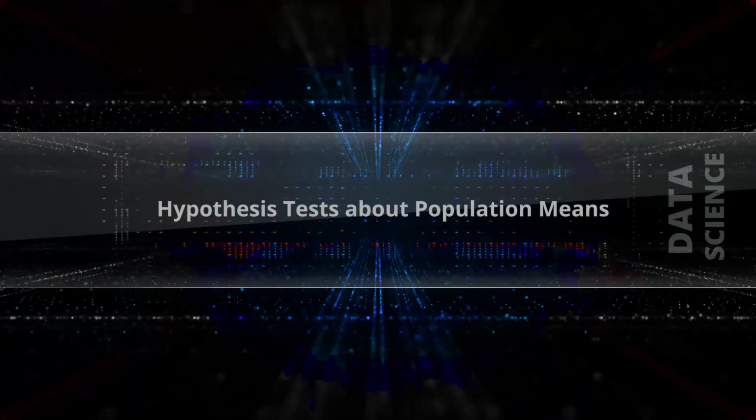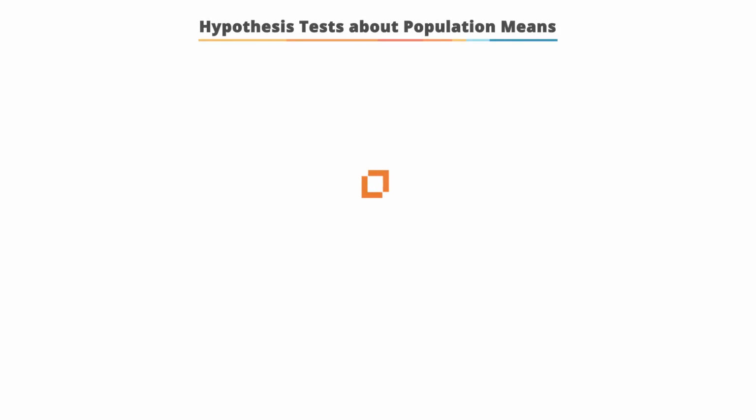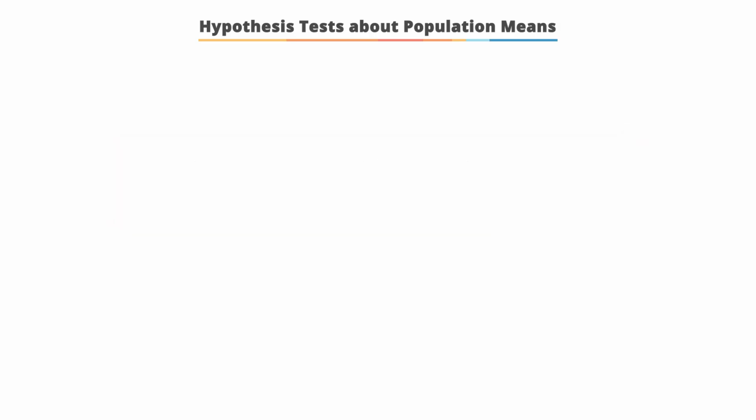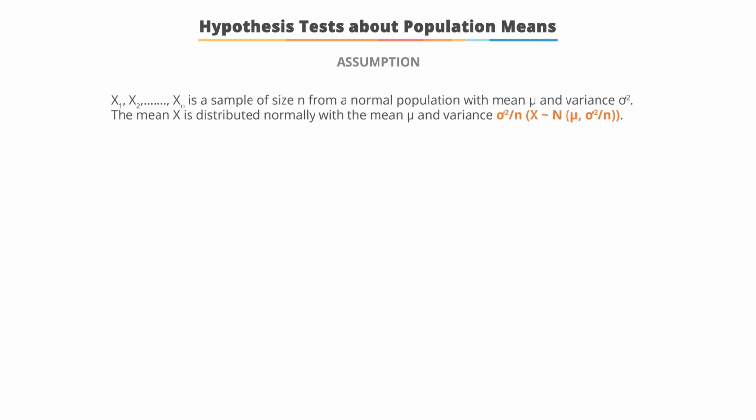Hypothesis test about population means. So hypothesis tests about population means involve testing the hypothesis that compares the population mean of interest with a specified value. So the assumptions we make are that for all cases x1 through xn in sample size n, that there's